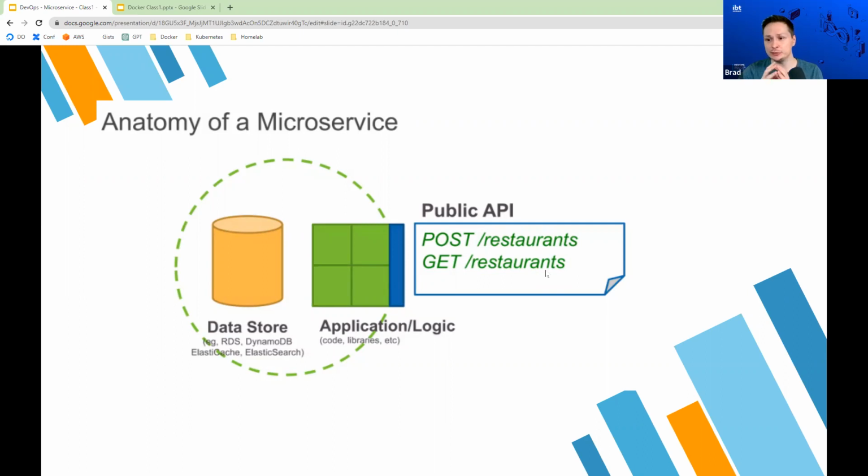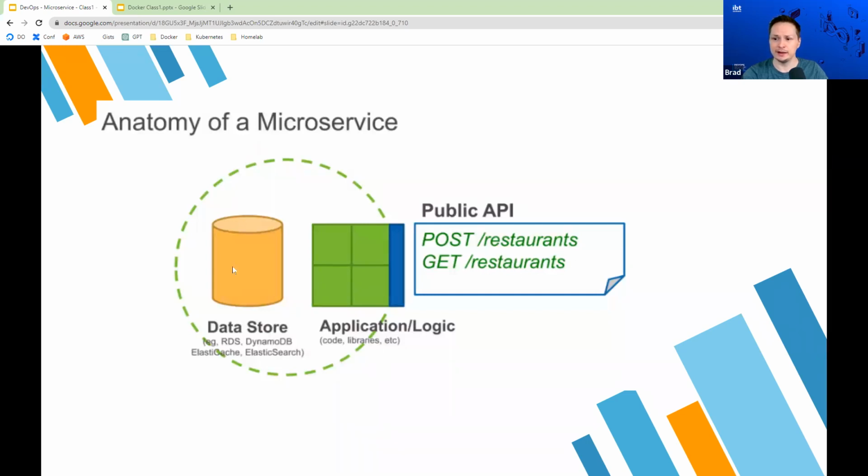So basically what you want in your microservice is to define a bunch of different public API endpoints. And this /restaurant would be considered an endpoint, but your API could be made up of many, many different endpoints. And this is basically going to be the functionality of your microservice. And once you make those public APIs accessible to your other microservices, then they have access to it, right?